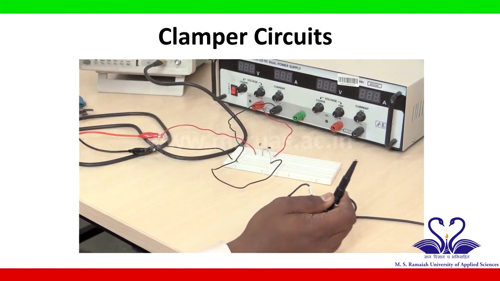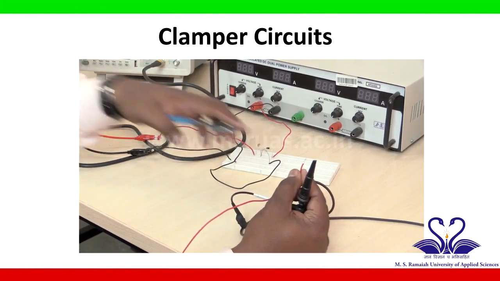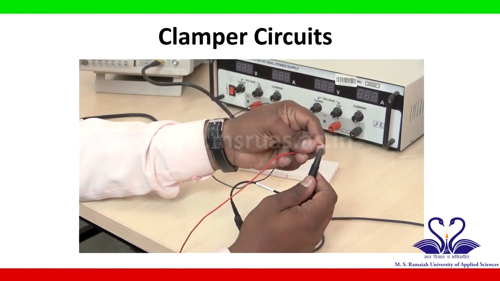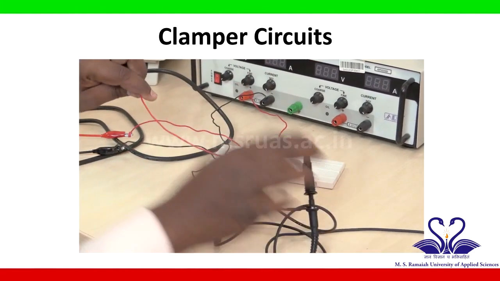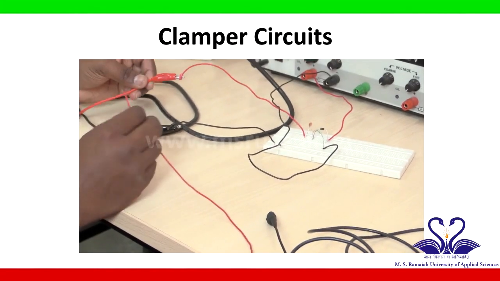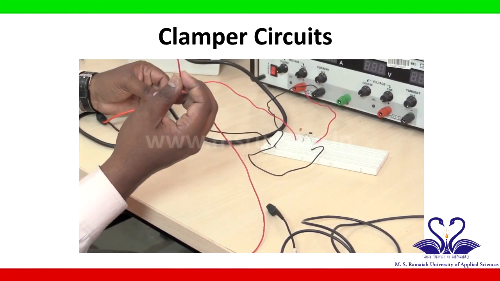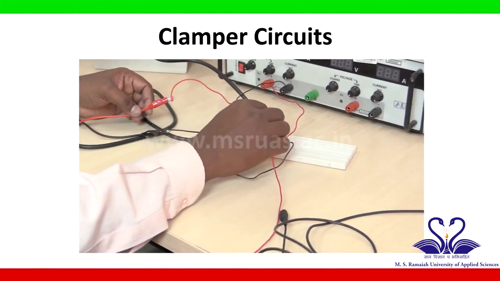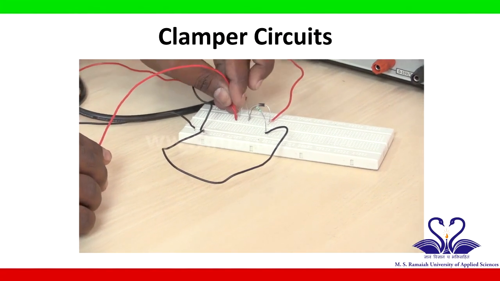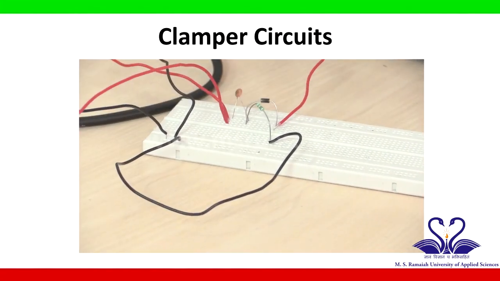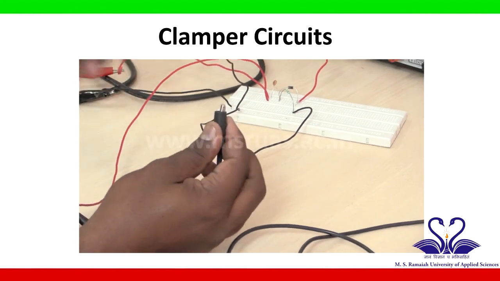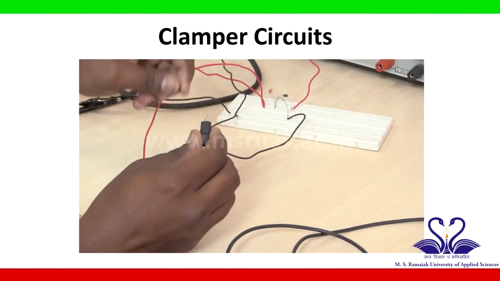So I will take a wire and connect it to the positive terminal of this probe, which is connected to the positive terminal of the input voltage. So this is the positive terminal of the input voltage. This is the positive terminal of the channel 1 probe. I will connect it here on the breadboard, at the same point where the positive of the function generator is connected. And this is the negative terminal of the probe, which I will connect to the negative terminal of the